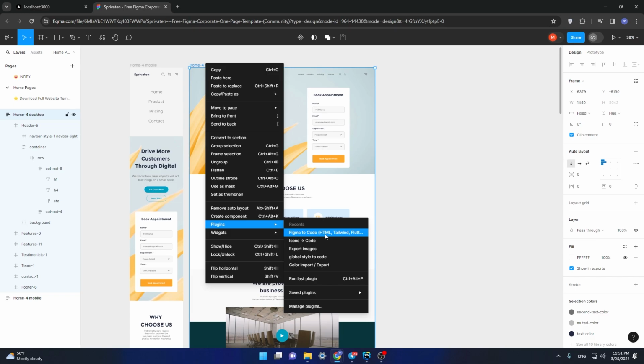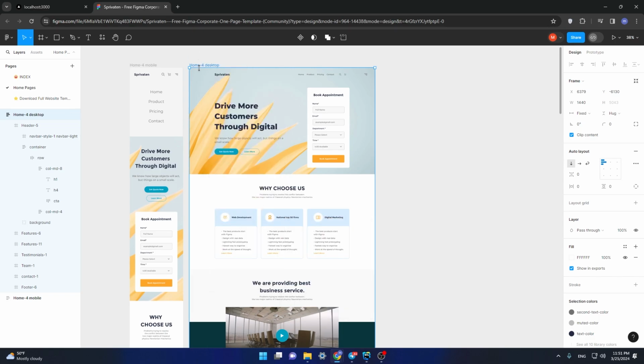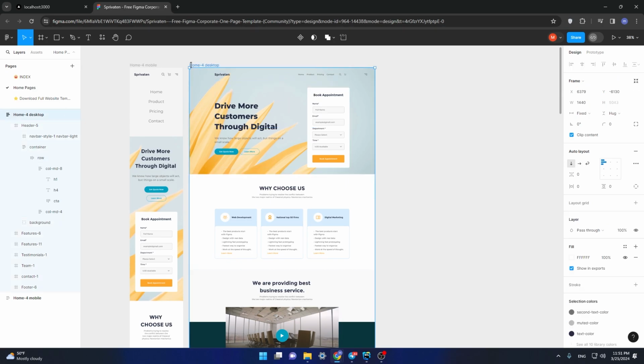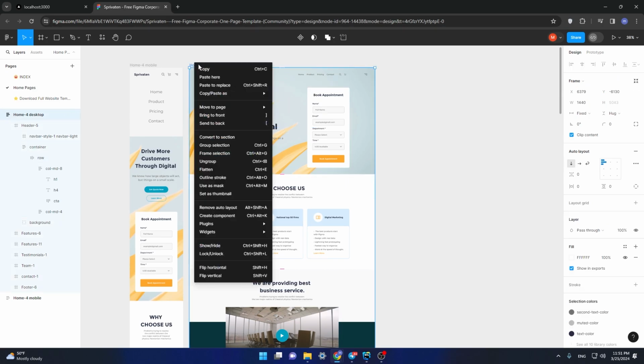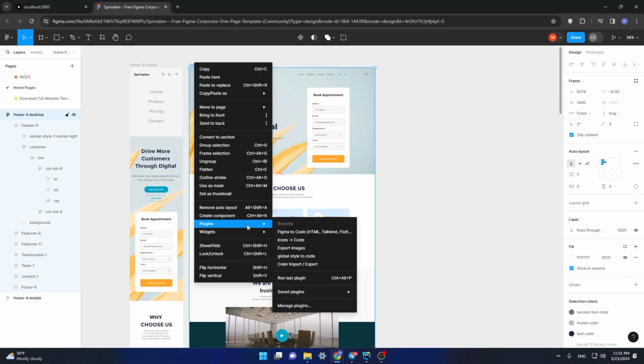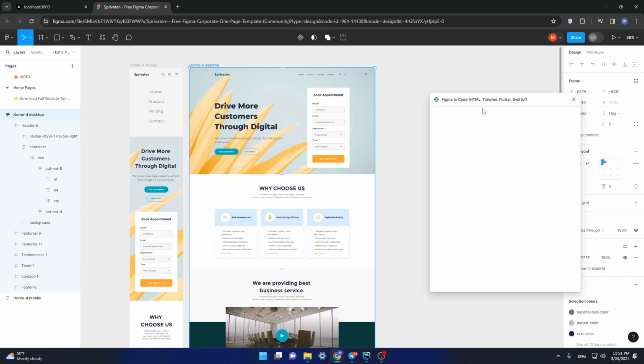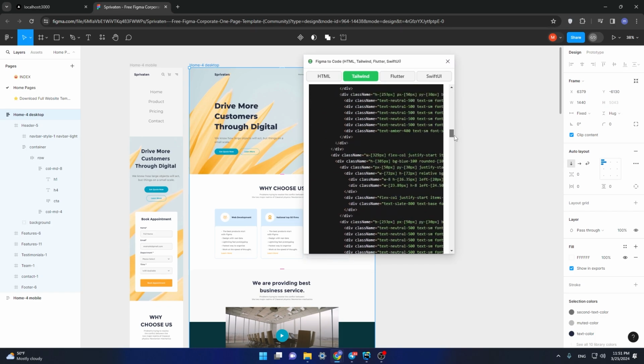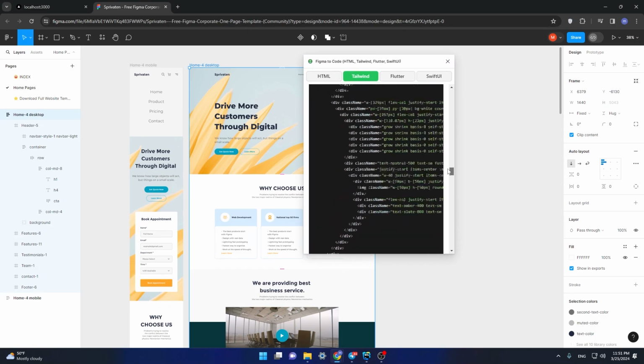And for a start, you should choose a specific section or entire page. For this example, we'll select the whole page. And after selecting, you can head over to the plugins section and select Figma to Code. Now, you can see here there are some options,